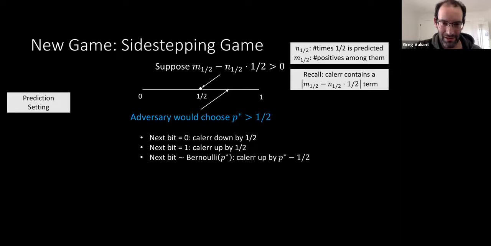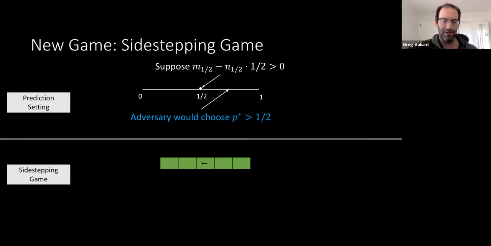And this is roughly going to correspond to what's going on in the sidestepping game. So this arrow to the left in the middle cell corresponds to saying, for the value a half, we as the forecaster, as a predictor, we're hoping that the bias of the next bit will lie somewhere to the left of this middle cell, in which case that's going to help us. It's going to erase this arrow here, which corresponds to saying that that's going to decrease our calibration error.